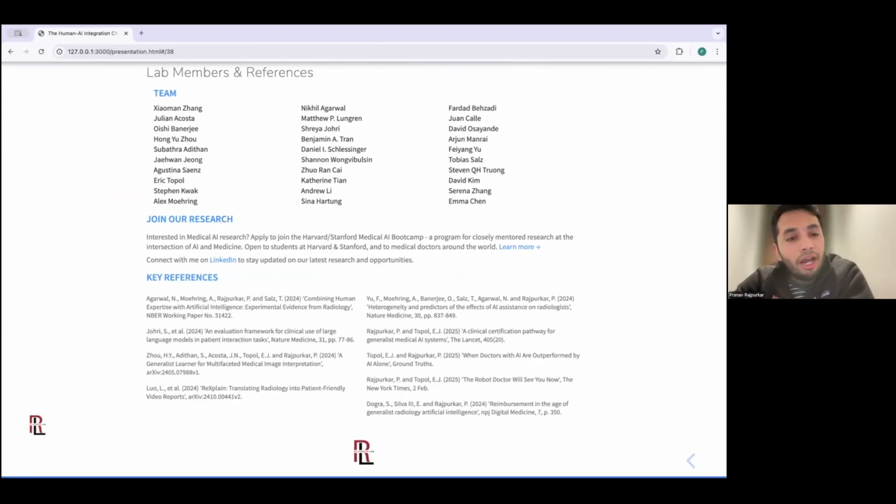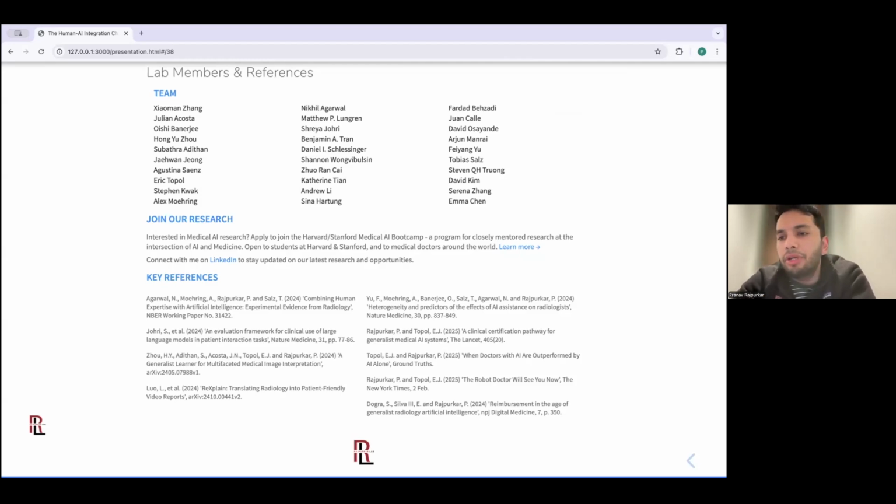I'll end here. I have a very smart and talented team to thank for their collaboration. And the work that I shared today, I've included some of the references on the slide here. One of the interesting things that we offer in our lab is an opportunity for people to get together in interdisciplinary teams to work on solving these problems.